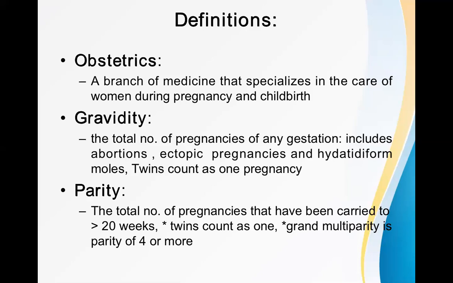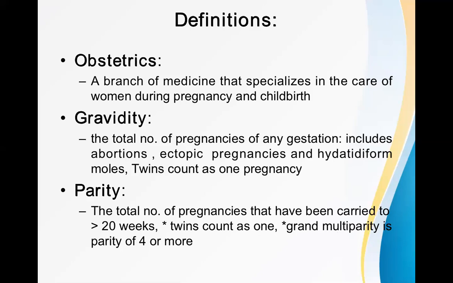So what is parity? The total number of pregnancies which have been carried to more than 20 weeks is called parity. Now, let me clarify this once again. This is a very important concept. Twins are always counted as one parity. Though there are 2 babies, parity is still 1. Triplets also, parity is 1. Quadruplets also, parity is 1. That's the first point. And second,